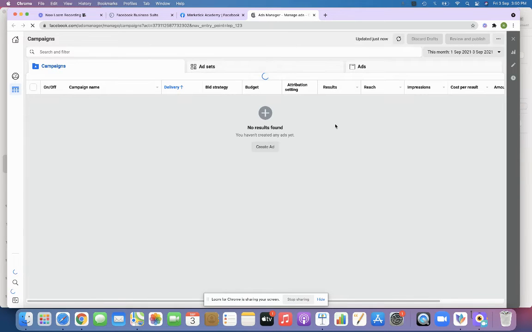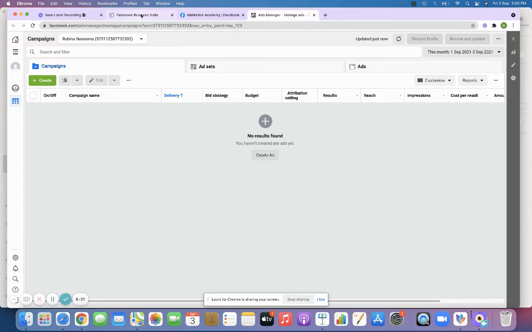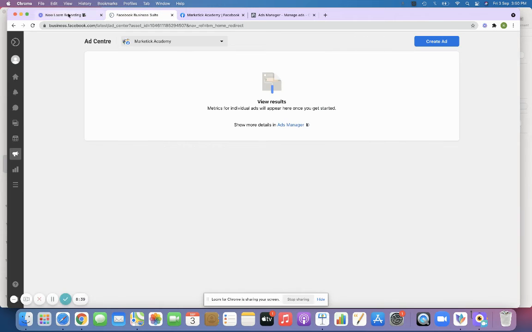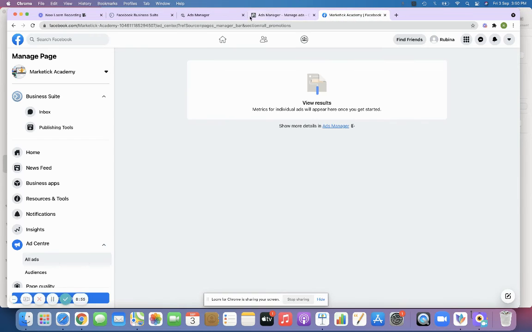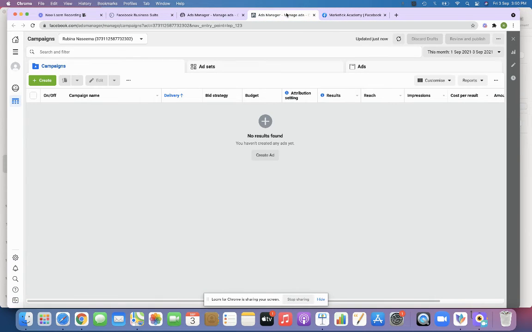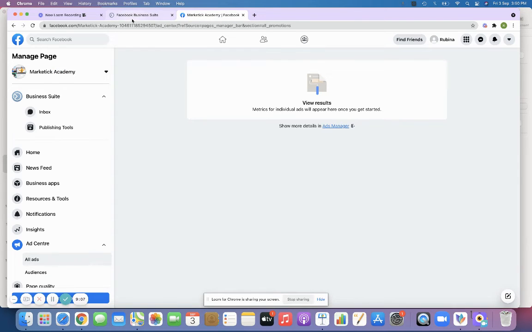And suppose if you want to log in to Facebook ad manager using Facebook business suite, that is also possible. The only thing in the second method is you have to log into your Facebook business suite, and from there when you click on ads, you'll be directly redirected to the same page, right? You'll be able to see both the pages are totally the same, right? So we have two options to log in. You can select whichever suits you. That is totally fine.